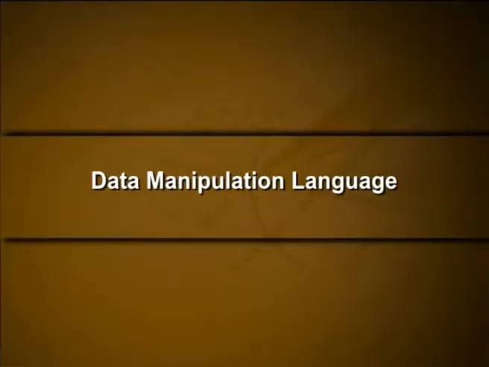Data manipulation language. The data manipulation language enables the users to access or manipulate data as organized by the specified data model. The different types of accesses are insertion of new data, retrieval of information stored in the database, deletion of data from the database and modification of the data stored in the database.